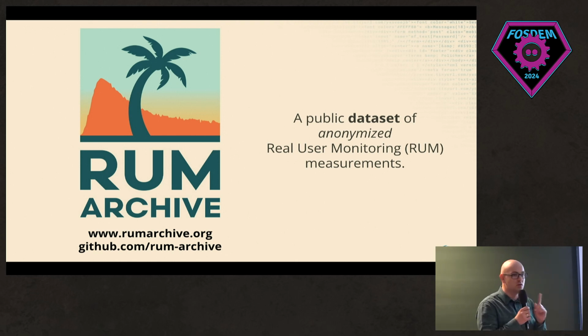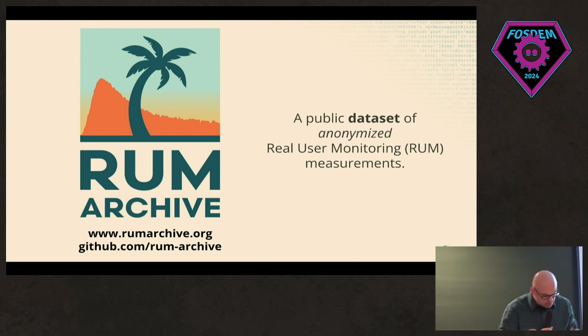What happens if you go to a palm tree and you shake it? Something interesting might fall out, like a coconut. And the same thing happens with the RUM Archive. If you shake it a little bit, something interesting might fall out. But for both, you need to be a little bit careful. Because if you're not, the coconut might fall straight on your face, leaving you scarred for life. Okay? So we need to be a little bit cautious in how we query the RUM Archive, and we'll get